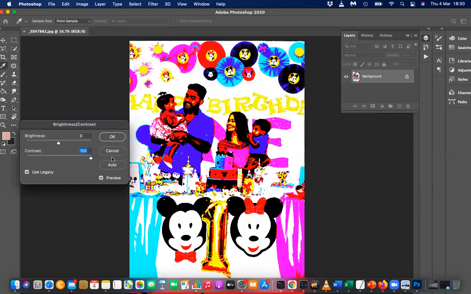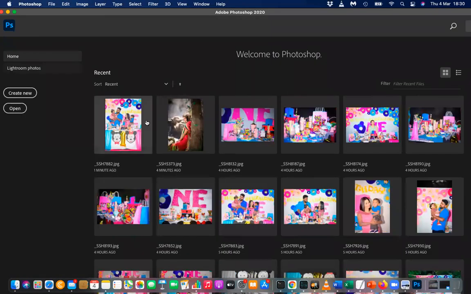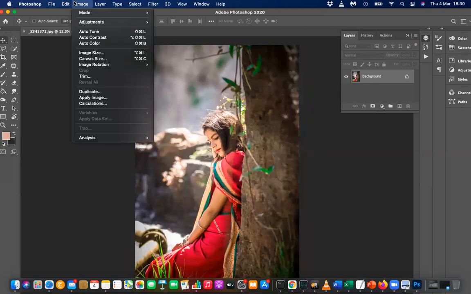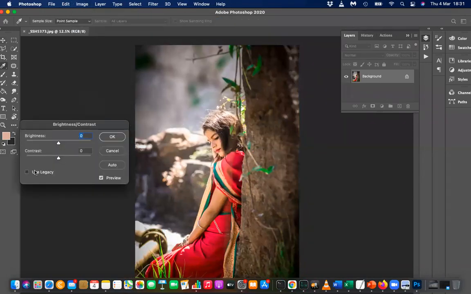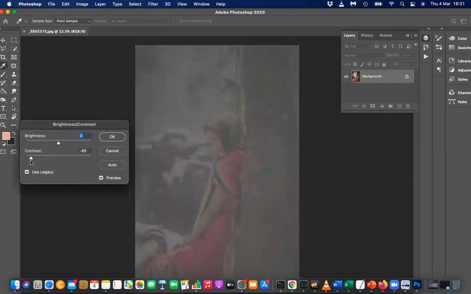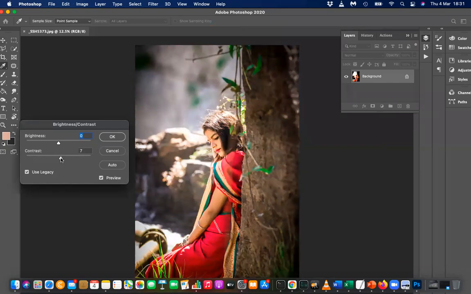It's like a drawing now. You cannot see the color separation. That means you have to use something in the middle. Contrast, something in the middle you have to use. With the previous image also, I can change the contrast using the same method. When I increase the contrast, it's too much contrast, and you can see colors only. With very little contrast, you cannot see anything. Here, with medium contrast, you can see the image well.